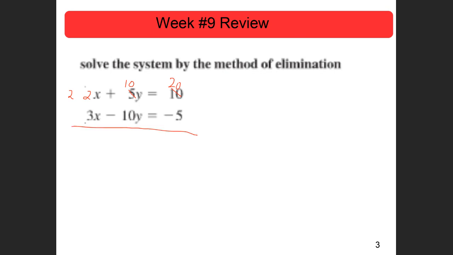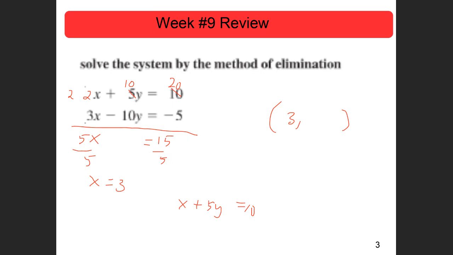Now, if I add straight down, 2x plus 3x is 5x, but 10y minus 10y is 0, so it crosses off. And 20 minus 5 is 15. So now if I divide through by 5 here, I end up with x equals 3. Again, I'm almost done, but I still have to find my y value, so I'm just going to take the top equation